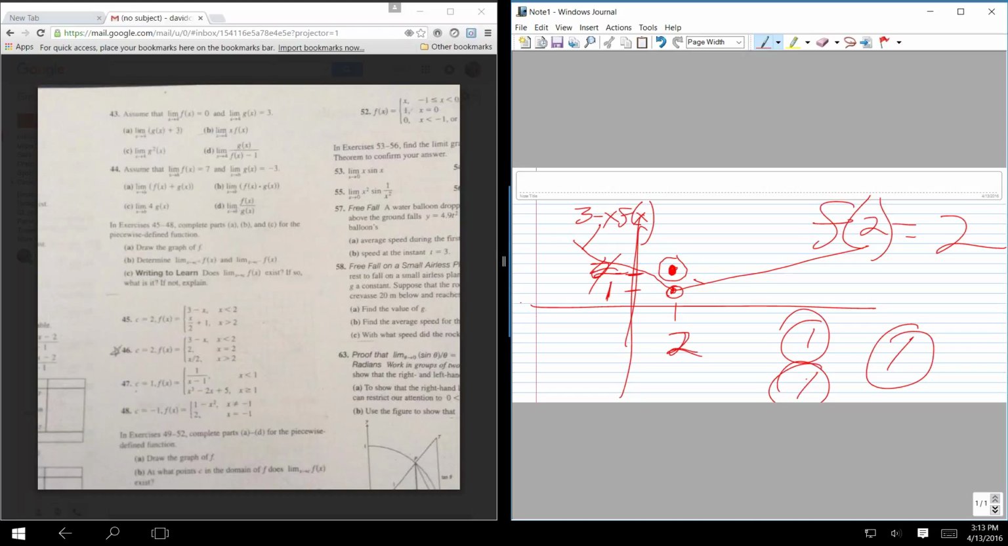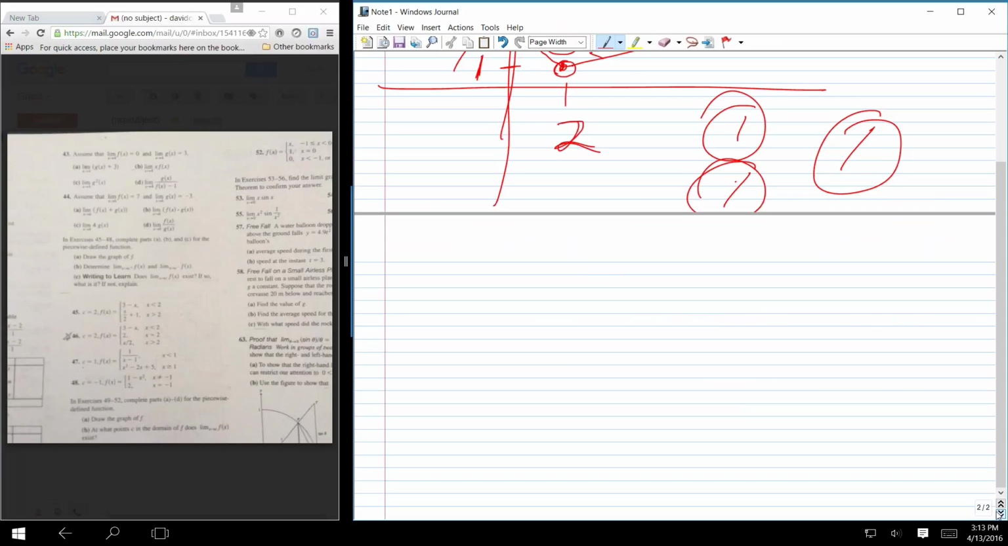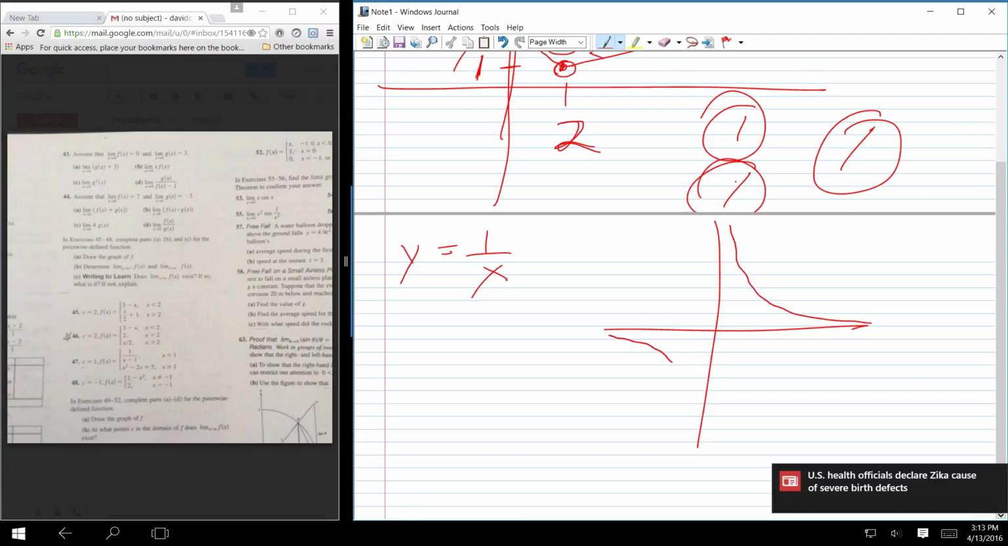And that's okay. For a limit to exist, it merely has to be what is it as it approaches from the left and what is it as it approaches from the right. Okay. I have kind of a good example here of maybe a little better explanation of it. If I take the function y equal 1 over x, classic hyperbolic function,